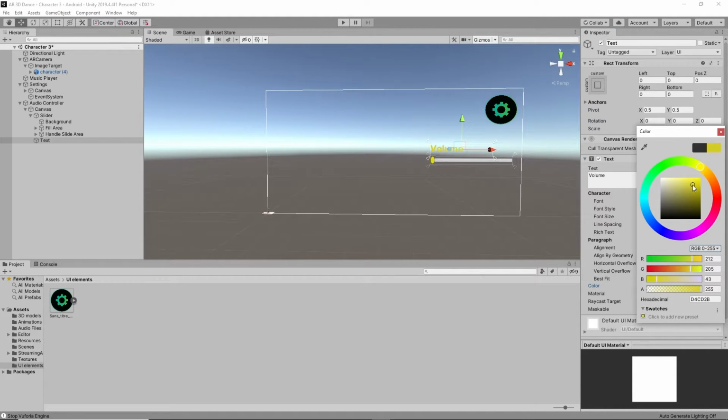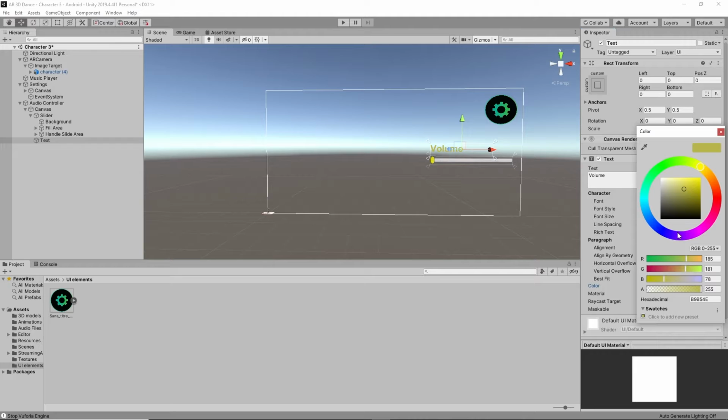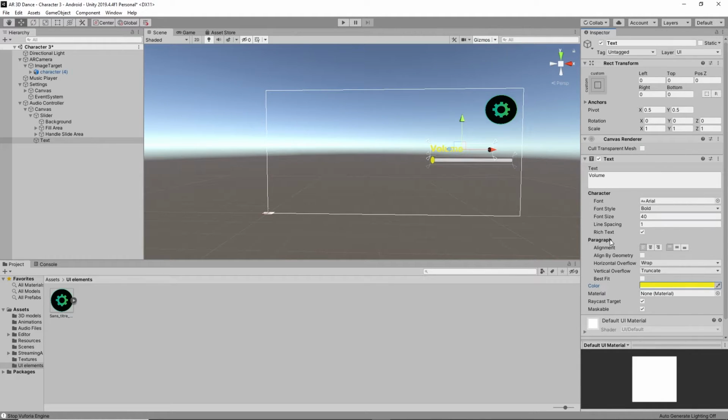I'm keeping the color like this, it was good. Or if you want to make the color a little bit dark, you can take it like this. I think it was good. Now I'm changing the name of this, otherwise I will get confused. I'm naming it as volume text.